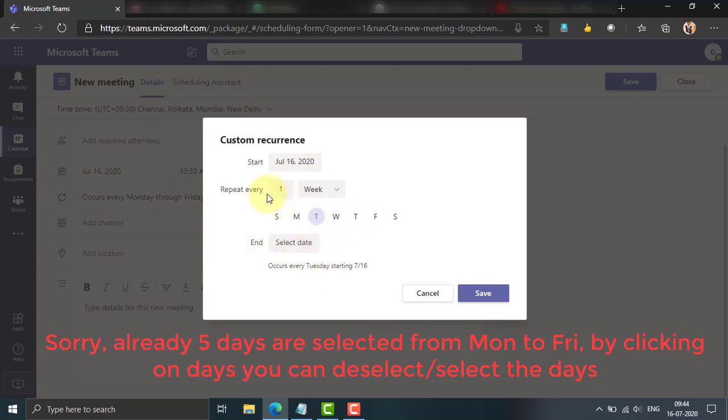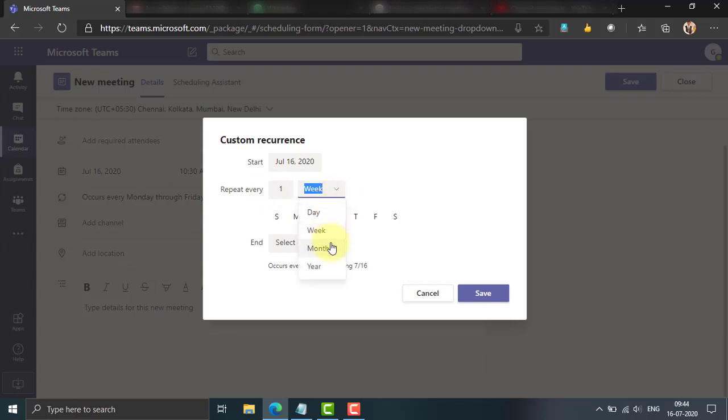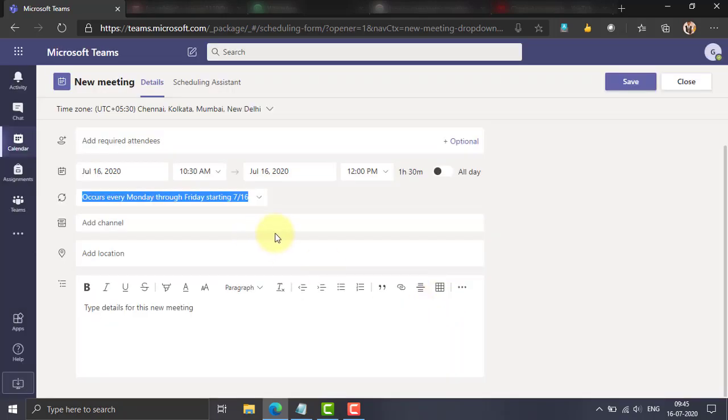Okay. So you can see here repeat one. So every week you can repeat it, or every month you can repeat this. Okay. So then select the end date. So when does this schedule end? Suppose for one semester. So let's say the semester starts from 1st February and then it ends on May 31st. So you can select the end date as May 31st. So this will go on every week until May 31st. So this is for setting a timetable while taking a particular course, okay, for students.